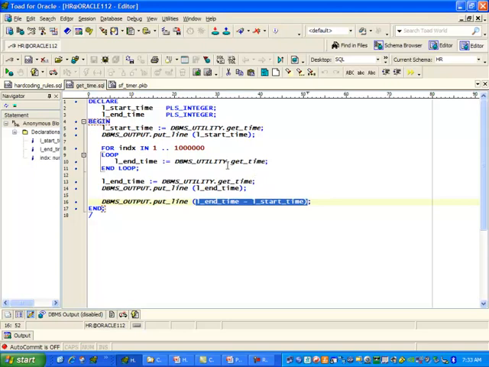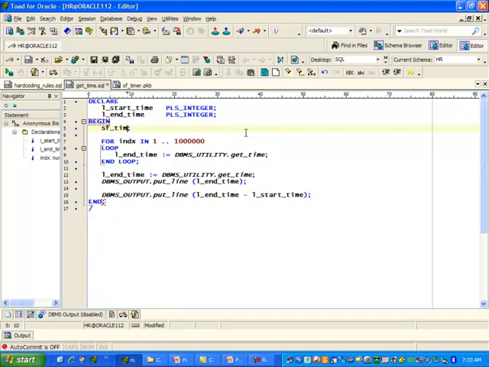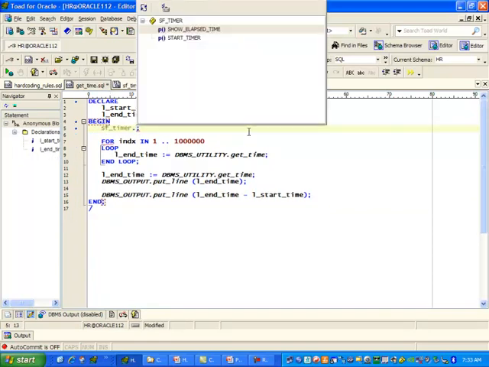Instead, what you want to do is hide the calls to these programs. Hide the call to getTime, hide the call to the formula, so that I don't have to worry about these complexities. So for example, if I was using my timer package, which is also available in the demo zip, I